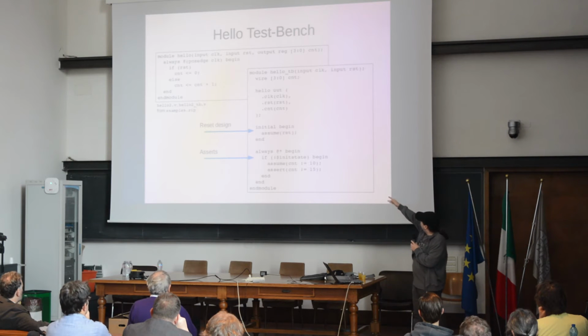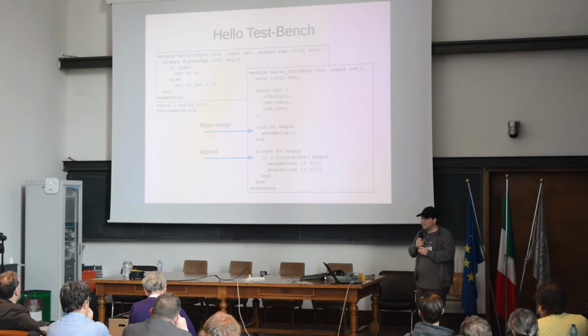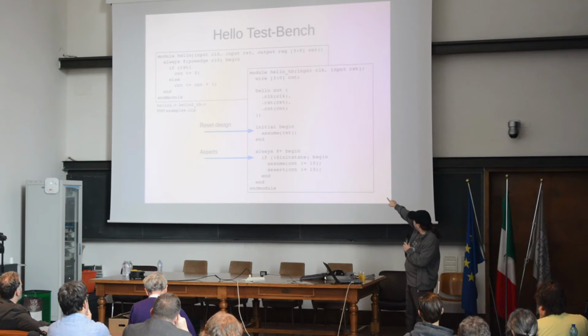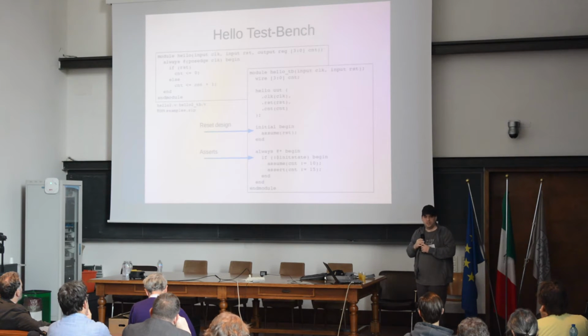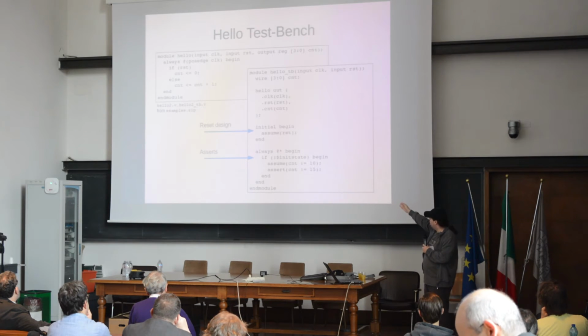We have on the upper left, essentially, our module from before, this time without initialization. And on the right side, we have our formal test bench. Here we have an initial begin, and in the initial state, we assume that reset is high. For all other states, reset can be whatever the top level reset input is. And in everything that is not the init state, $init state is a Yosys extension, we have the same assumptions